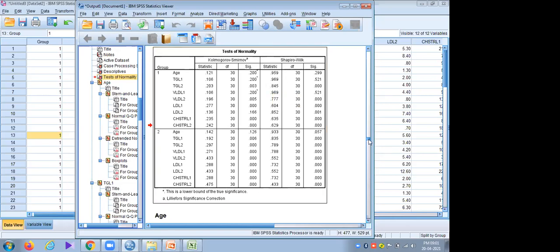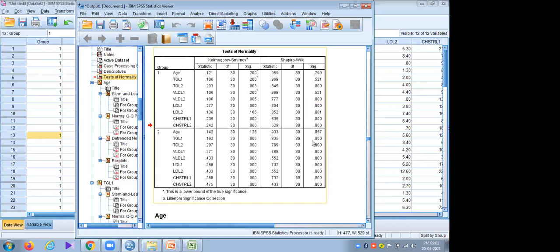In that initial data, we considered 60 samples, so we used Kolmogorov-Smirnov. Here we have to choose the Shapiro-Wilk test. So the normal data will be age, TGL1, VLDL1. In the second group, only the variable age shows normal distribution.